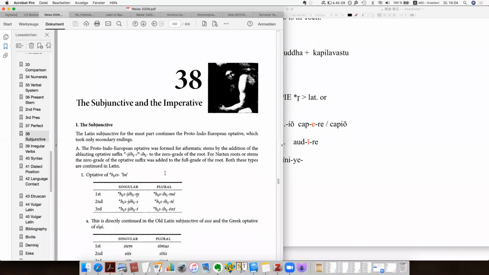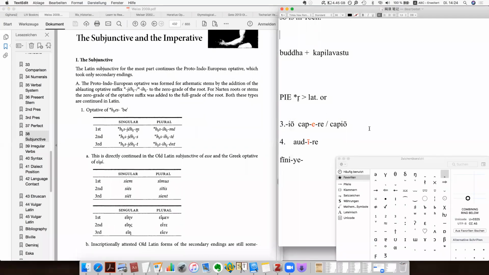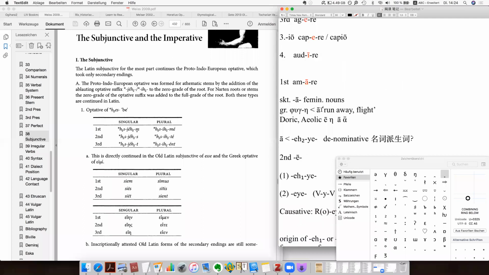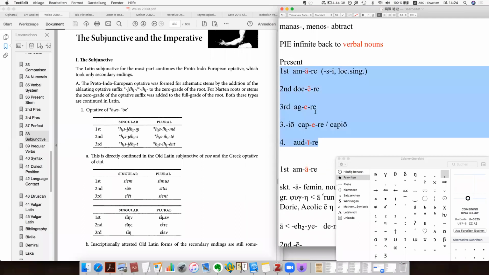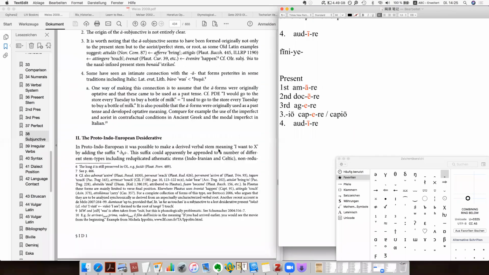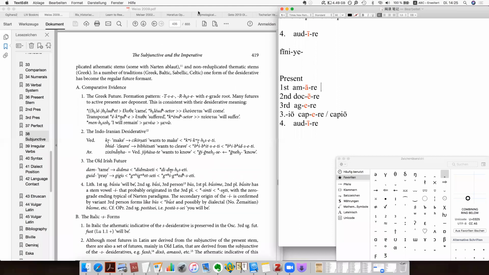Okay, so I already continue recording, and then probably we can just talk a little bit about subjunctive today. Not all of them, because we already spent a lot of time explaining present. And now we can just explain a little bit about subjunctive. And actually for subjunctive, for the 4 different classes, I can copy the 4 different classes again. So this is present. So to be sure, this is present, and I make it here, and you can see this is so. And I think in his book, he also mentioned, no, this book, well, this is also a